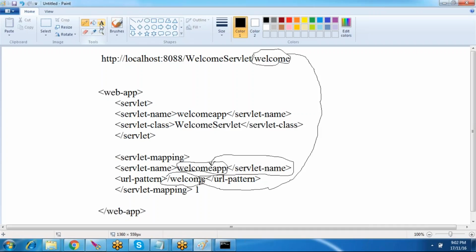Now this welcome name is taken to the servlet tag. If you have n number of servlet tags, this name will be searched until it finds the matching name in the servlet tag. After that, this is the third step: from the URL pattern to the servlet name, and from the servlet name,